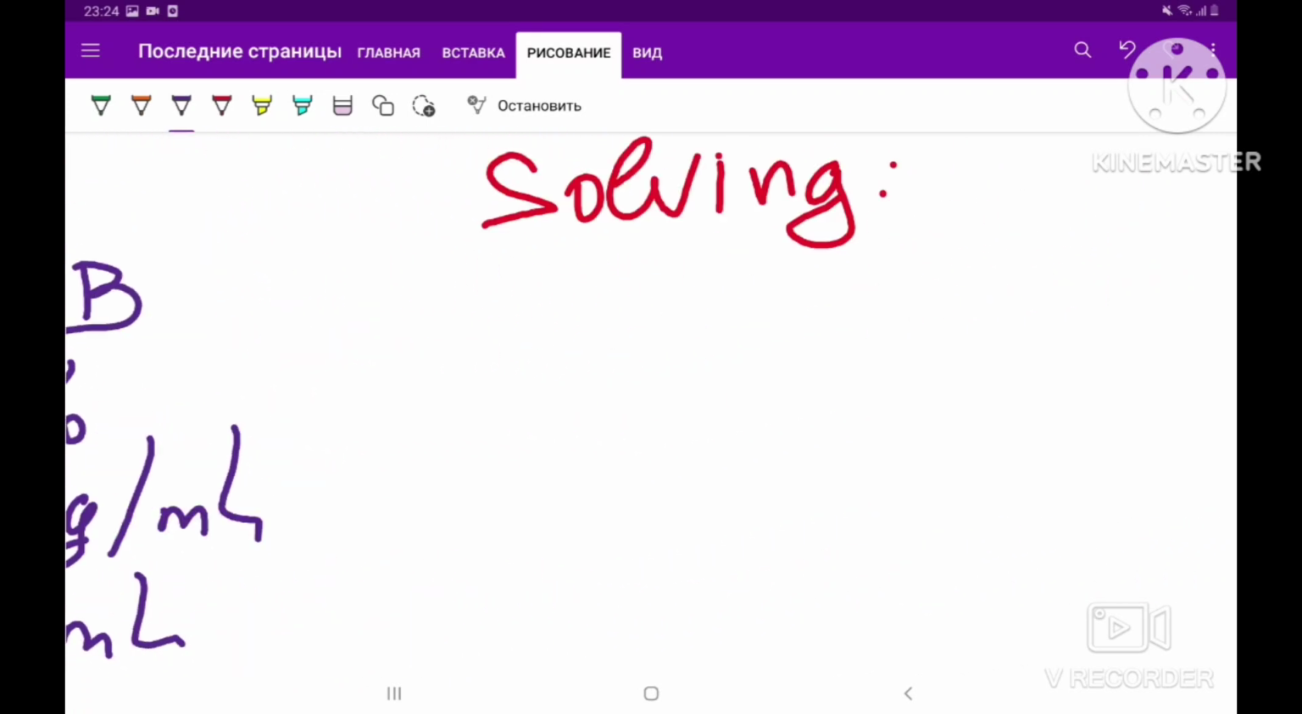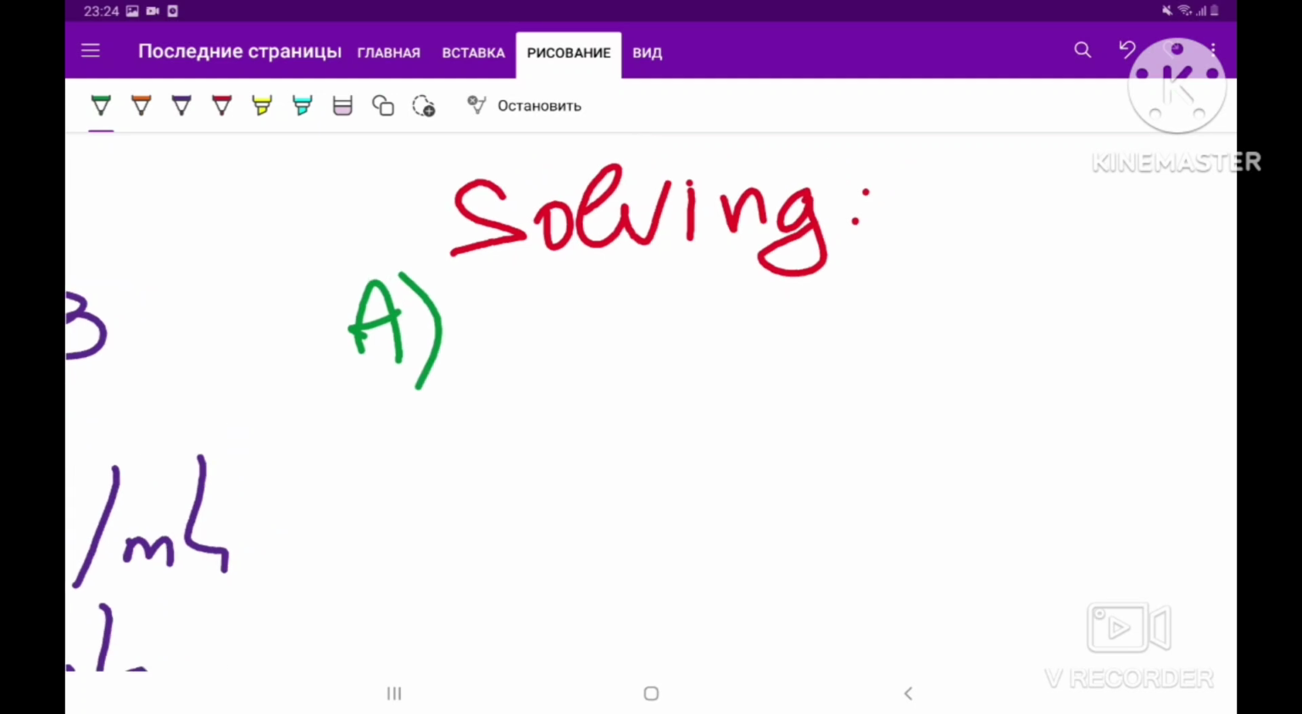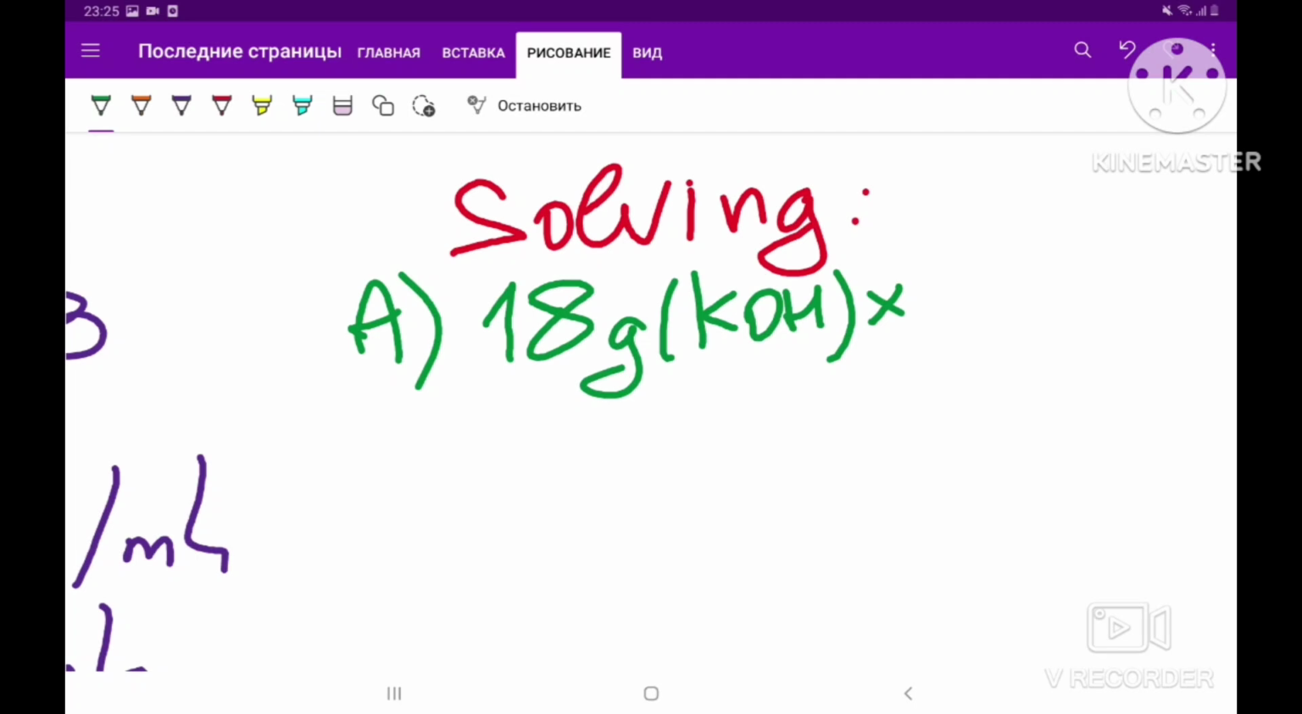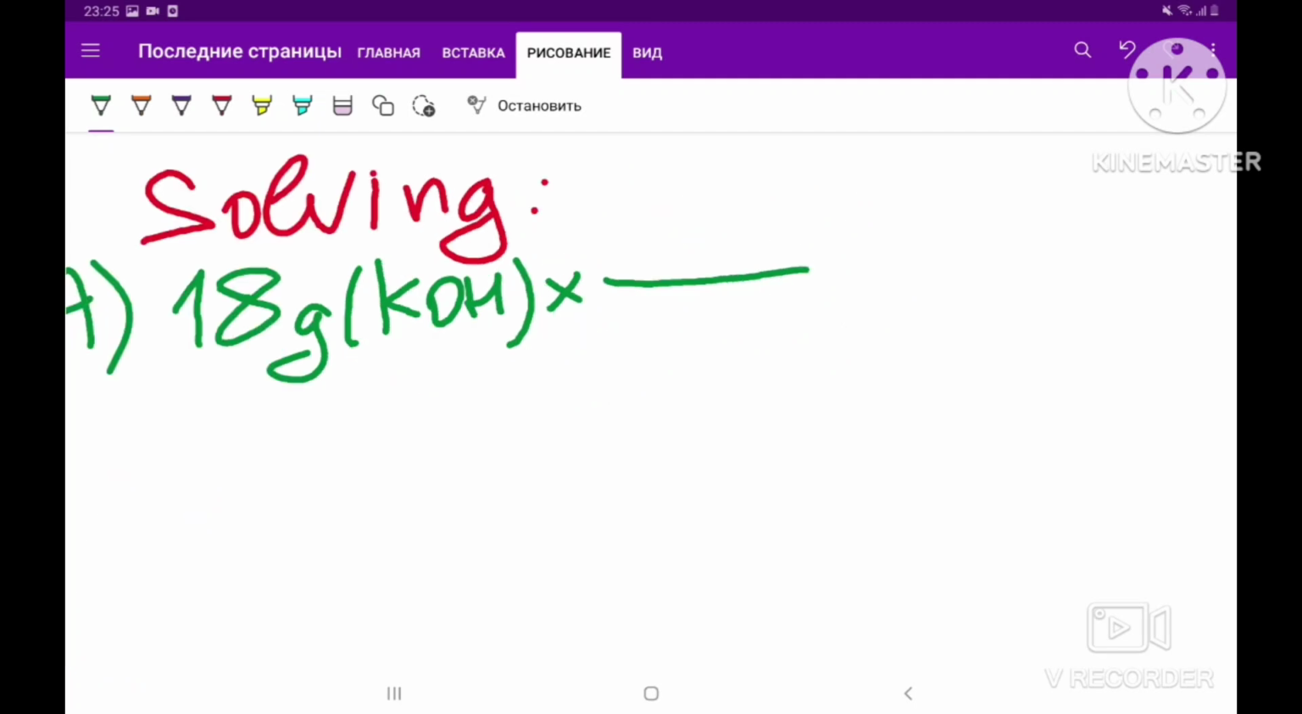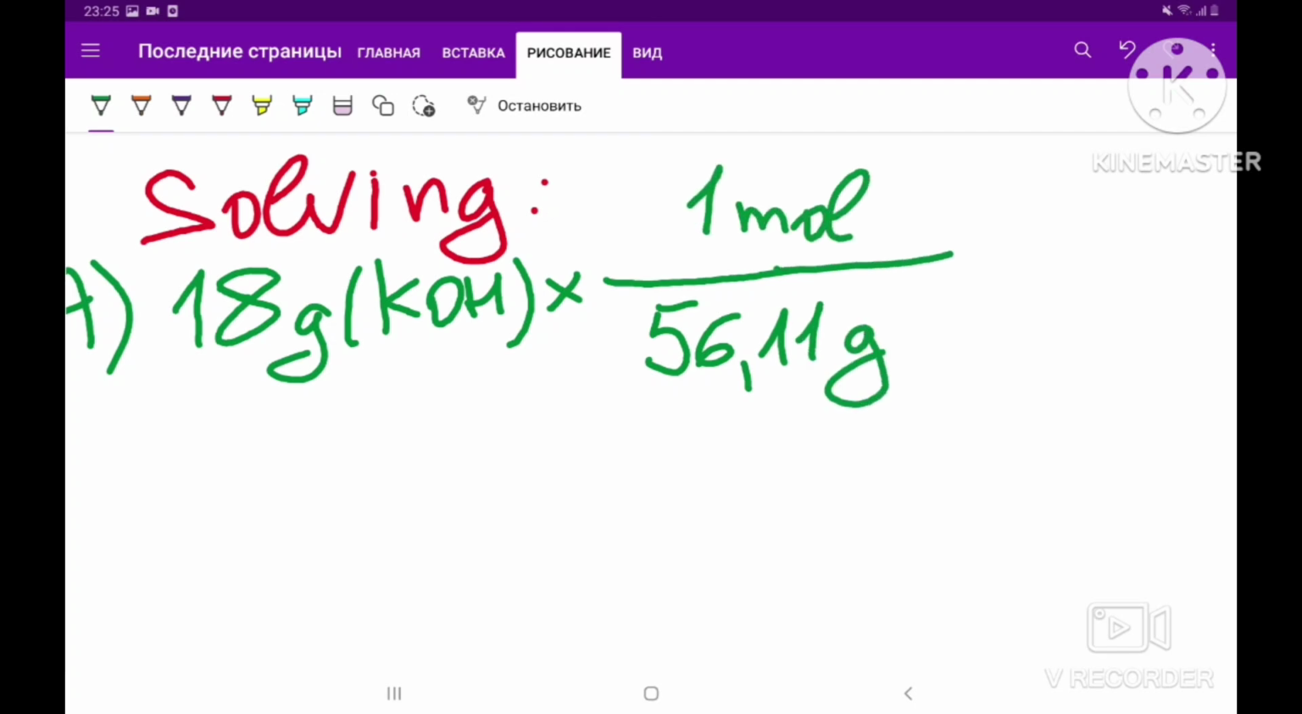So let's start with solution A. Let's consider that we have 100 gram of solution. So let's find, 18 gram of potassium hydroxide multiplied by the molar mass, which we said is 56.11 gram per mole. It means in 1 mole, we have 56.11 gram. The answer will be,